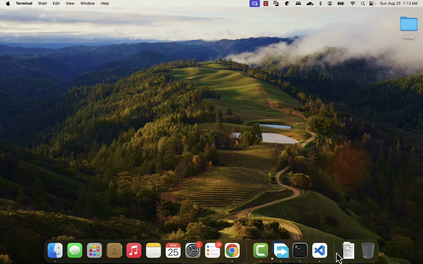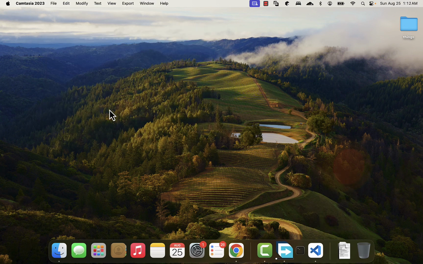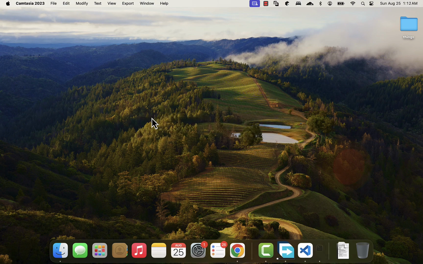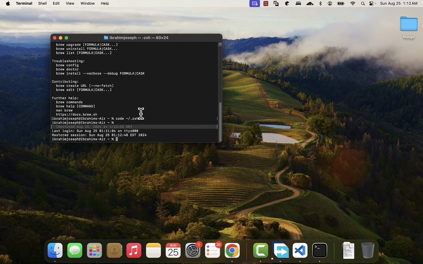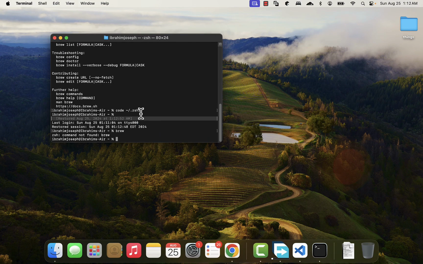Let me close the terminal. Basically, that's what you need to do: close the terminal and reopen it. So now I've opened the terminal. I'll run brew now. You see, it's saying zsh: command not found: brew, meaning the brew command is not found, right? Now, when I saw this error message after installing Spaceship, and it blew up my settings,